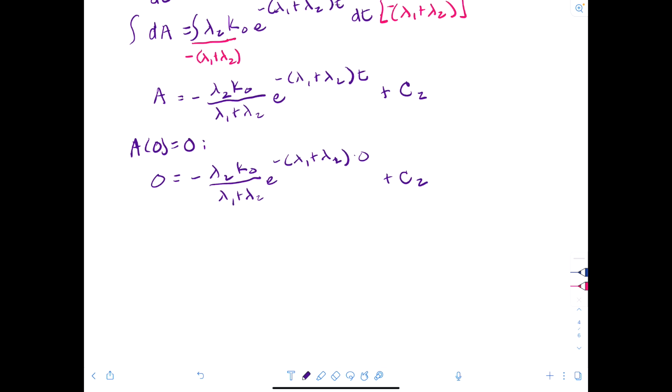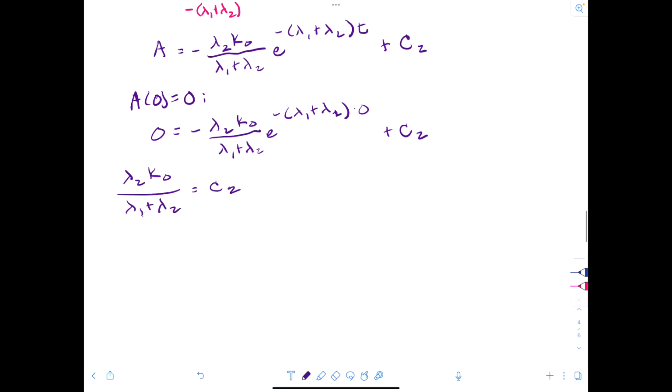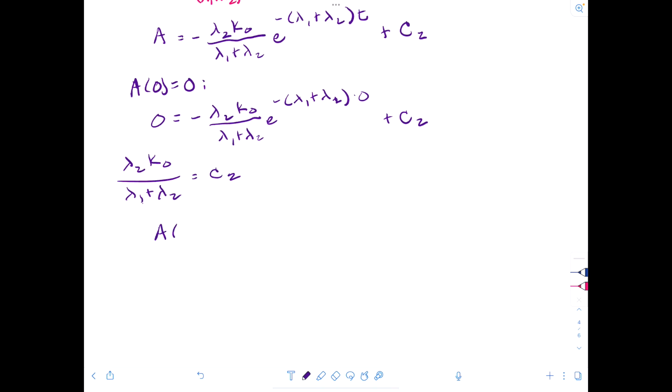So that exponential will just turn into 1. And so at the end of the day, lambda 2 times K0 over lambda 1 plus lambda 2 is equal to C2. So we get our A at t is equal to,